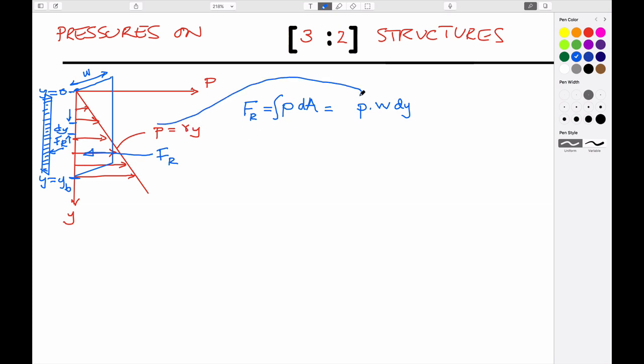And we also know that this pressure is given by this magnitude here. And so if you write this out in longhand, the pressure is equal to the unit weight multiplied by its distance, multiplied by the width, and multiplied by y. The integral is between y equals 0 and y equals yb. And if we just do that simple integral, noting the fact that the unit weight and the width fall out of the integral, y dy